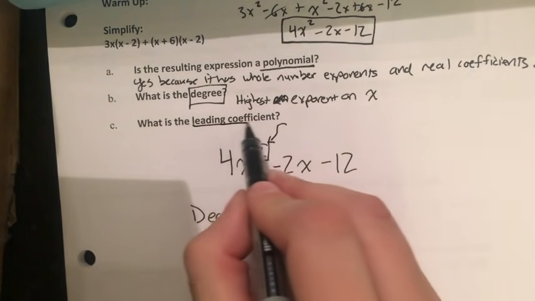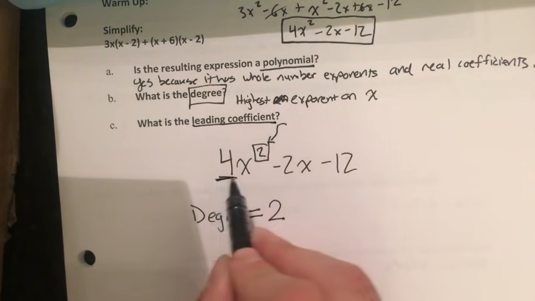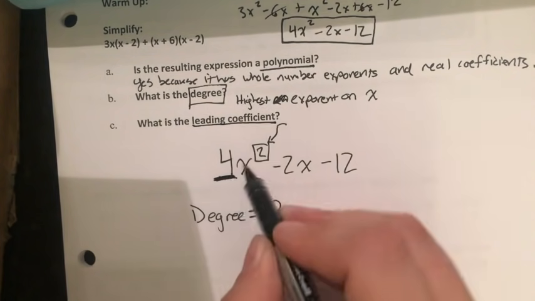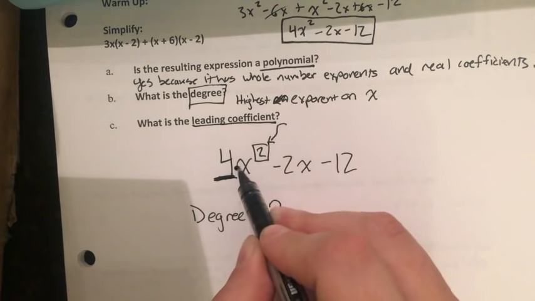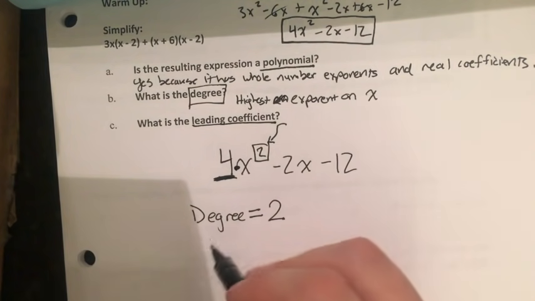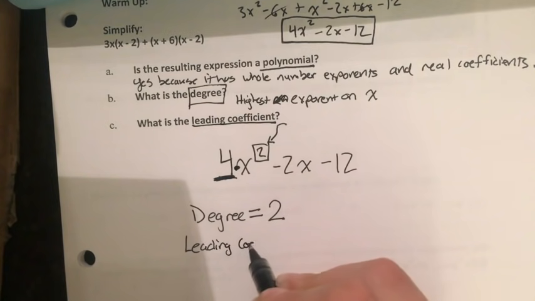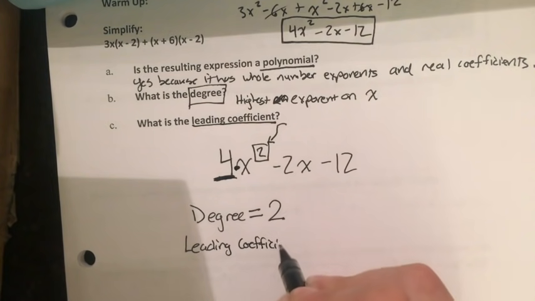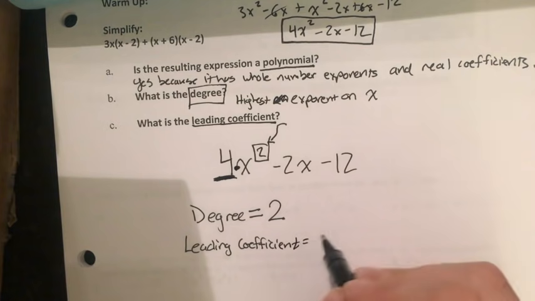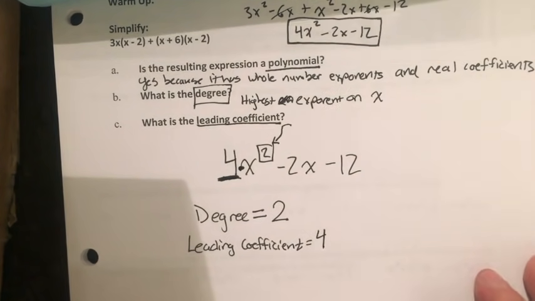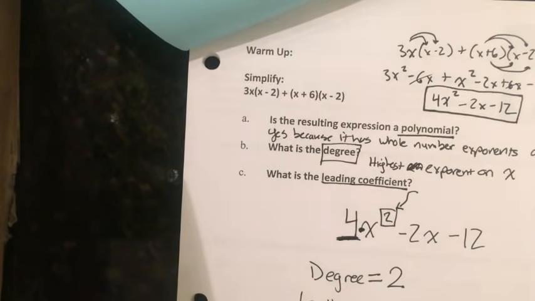The leading coefficient is simply the coefficient, or the number in front of the term that has the highest degree. So in this case, the leading coefficient is 4. Now, what we're going to do next is swing over to page 3, and